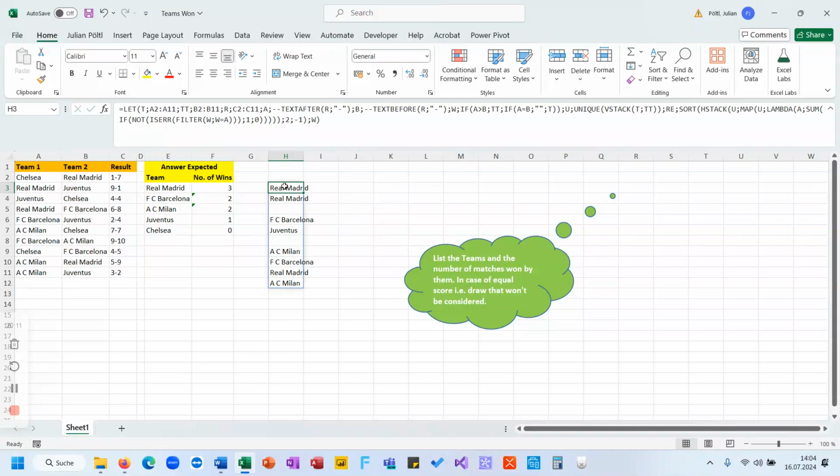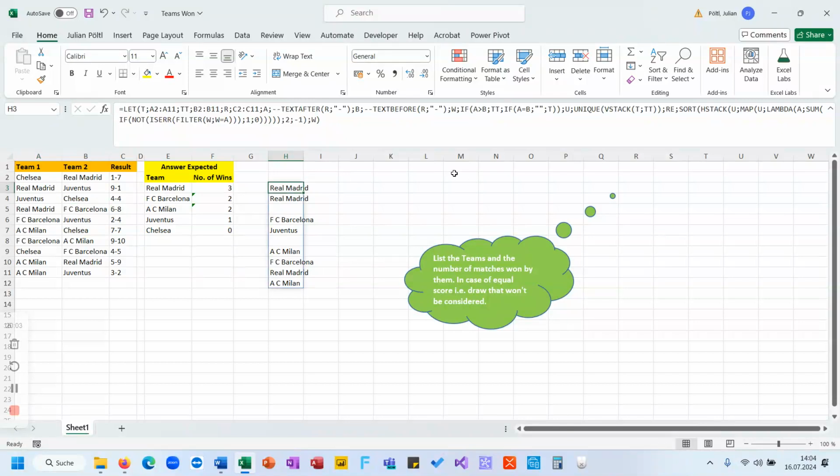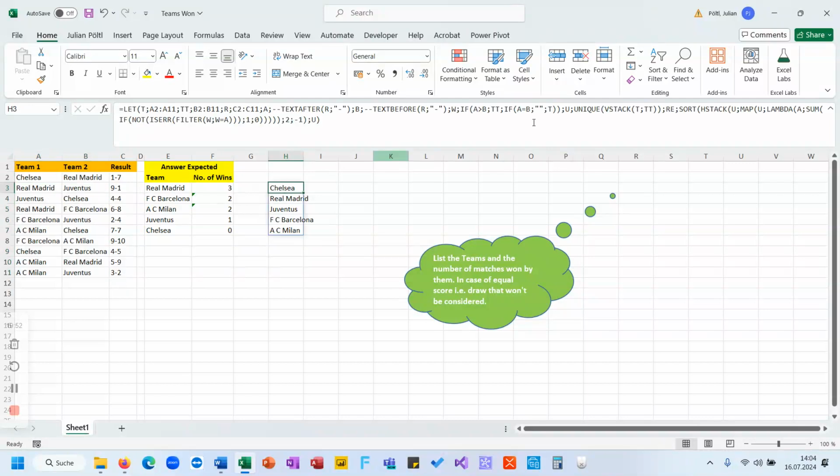We have something here like Real Madrid has won, Real Madrid has won, no one has won, and so on. Then we have the unique names of all the teams. From all this, potentially I could have used only one team column, but I didn't consider that they've played elsewhere and at their home stadium, so never mind. So we have the unique teams, and then we map these teams